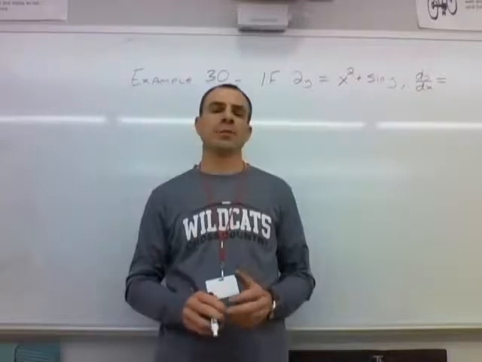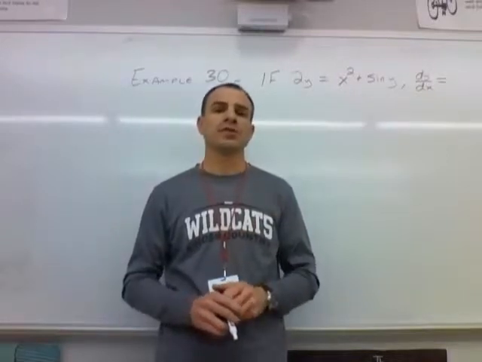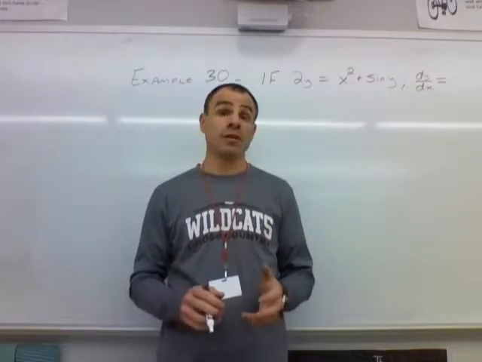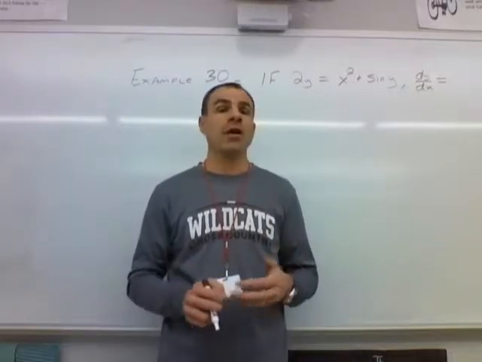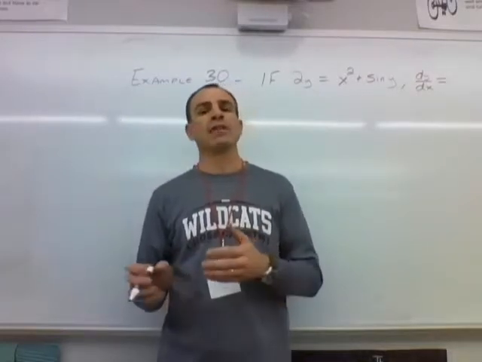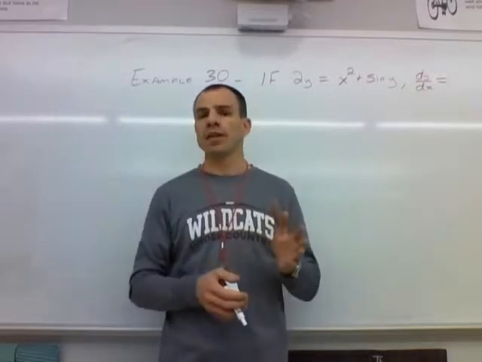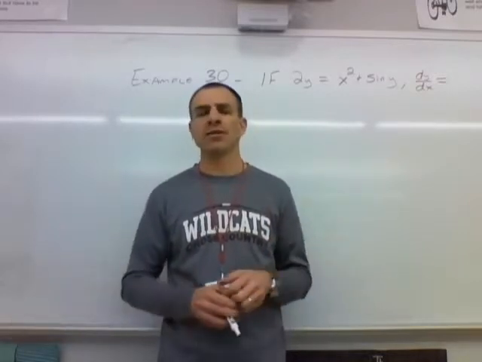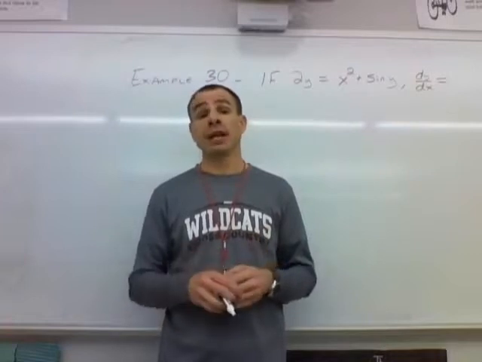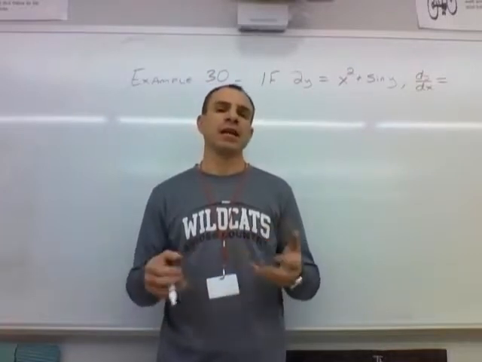Right above example number 30, you see our steps for implicit differentiation. Derive both sides of the equation with respect to x. Once you've done that, you want to collect all the dy/dx terms on one side of the equation. Doesn't matter if it's the left side or the right side. Then you're going to factor that dy/dx out, and finally you're going to divide in order to solve for